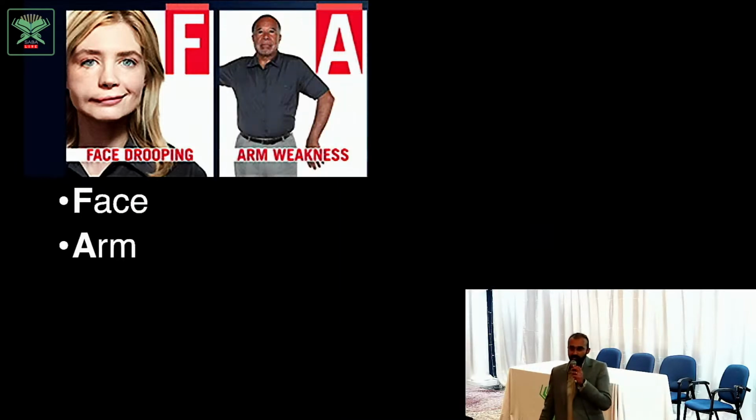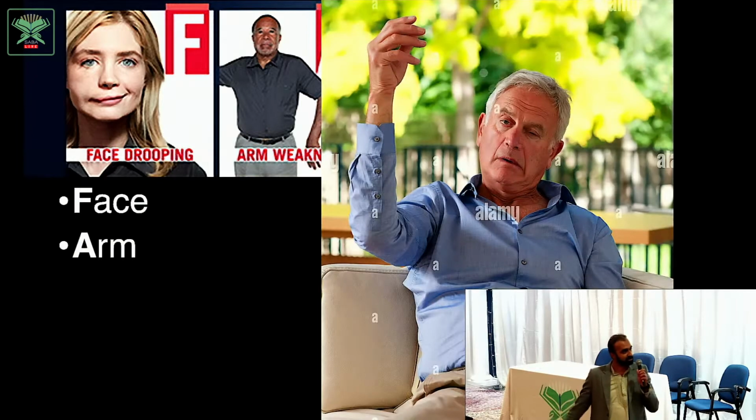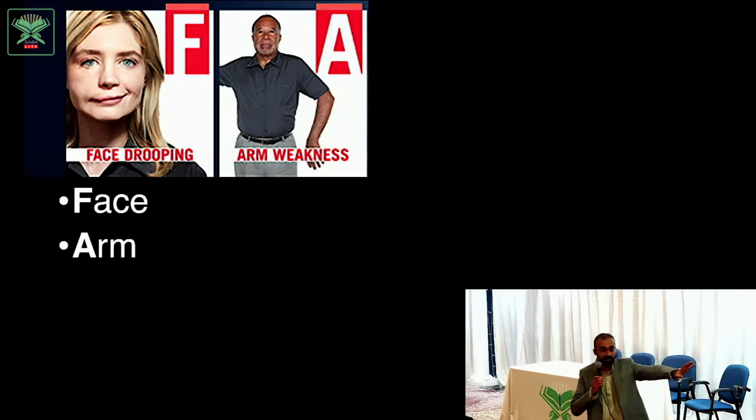The next thing you look for is the arm. Ask them to hold up both of their arms. If they can hold up both of their arms, that's a good sign. But this guy cannot move his left arm. Remember, the same guy whose face isn't moving, his left arm isn't moving either when you ask him to lift both arms. So you got the face, you got the arm. Everybody can do this.